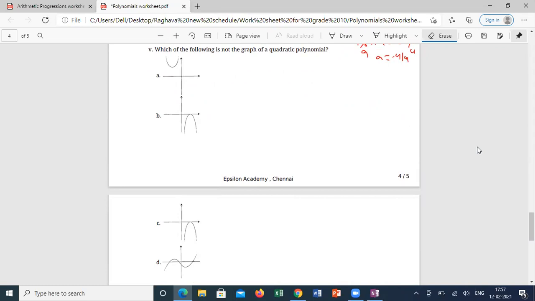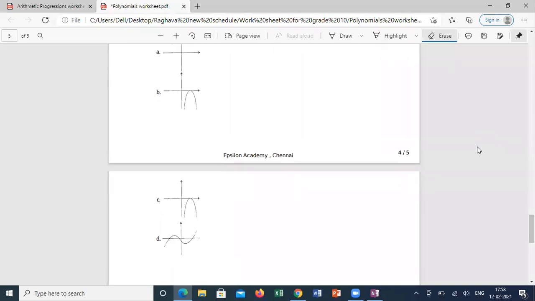Why? See, option A doesn't have any zeros. Option B has only 1 zero. Option C also has only 1 zero. Both are looking almost the same figures. But option D has only 2 zeros. Even with 2 zeros, why is it a cubic polynomial? Sir, option D has 3 zeros, sir. Sorry, yes, got it. Suppose it is 2 zeros but not a quadratic polynomial, how can we say? The graph looks like this.